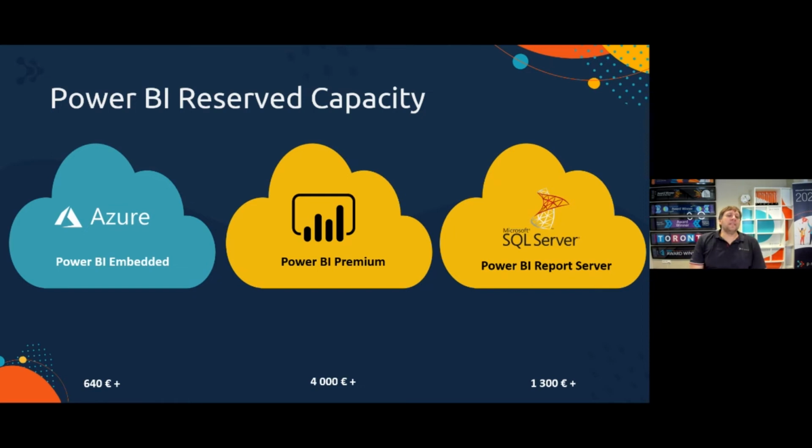And this embedded licensing starts from about 640 euros per month. So the break even is about 70 users. After that, it's probably more reasonable for you to use Power BI Embedded